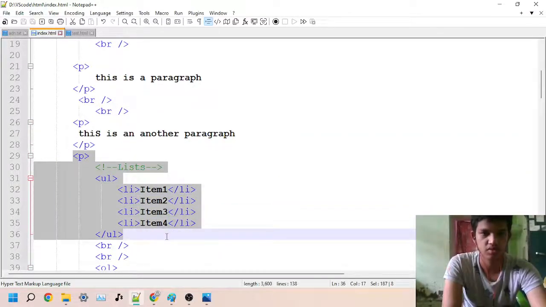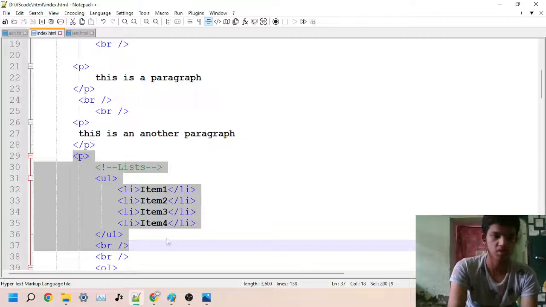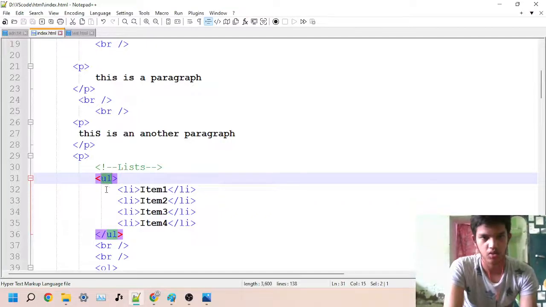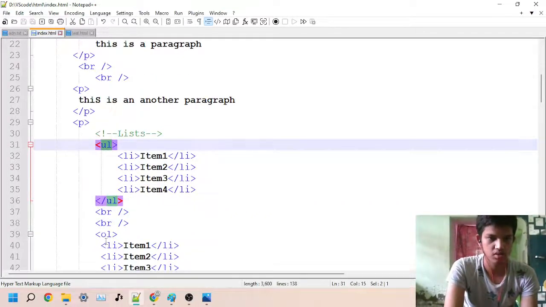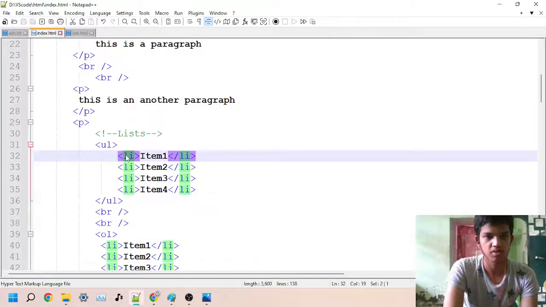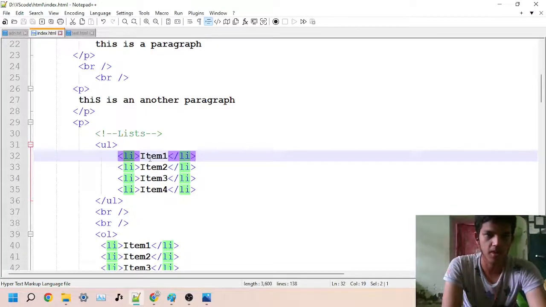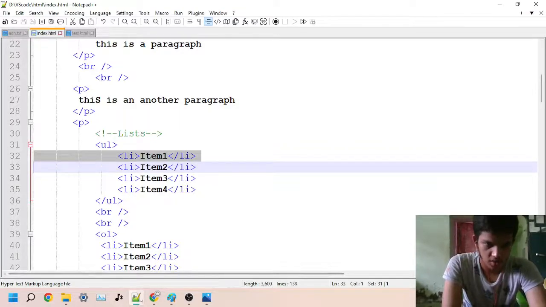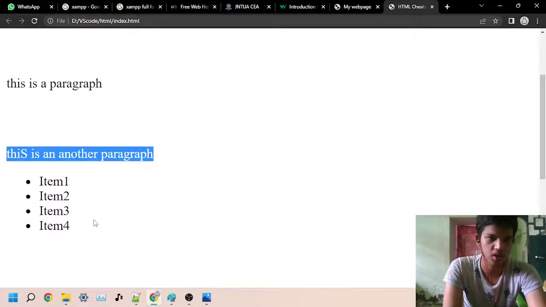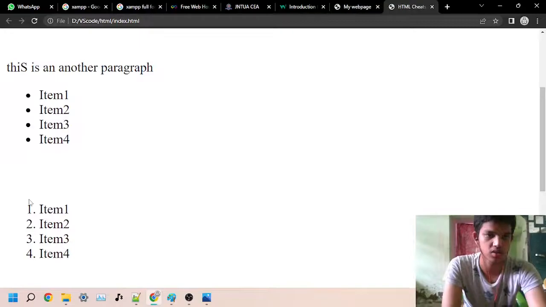You can use lists to display a list of items on the browser. There are two types of lists: unordered list, which uses the UL tag, and ordered list, which uses the OL tag. In ordered lists the numbering also happens. In unordered lists the numbering does not happen, and the LI tag represents a list item. You can display the content here. You can see item 1, item 2, item 3, item 4, and for the unordered list item 1, item 2,